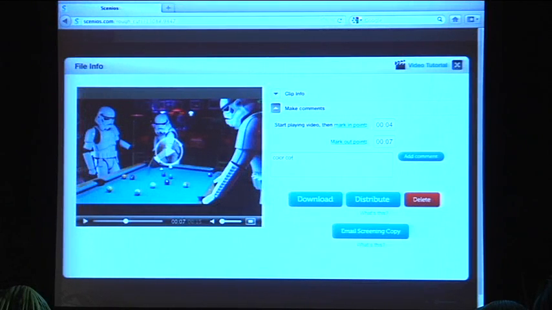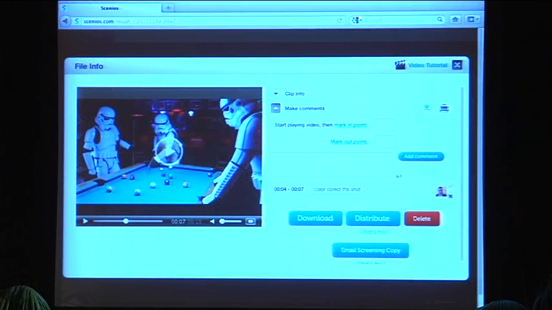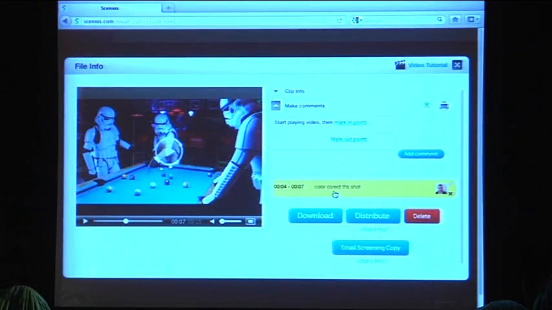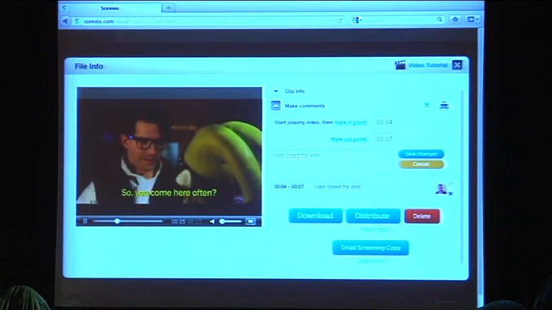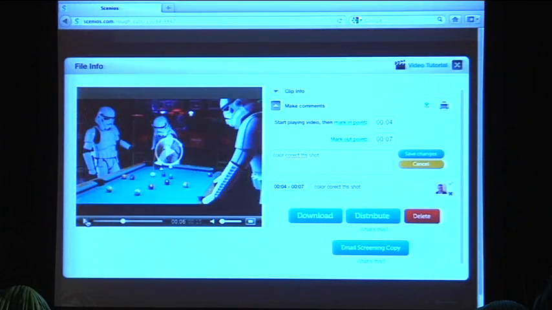And I will say, color correct this shot. You get the idea? Okay, add my comment, and it starts to make a shot log down here. So now I can click there and go directly to that shot. So instead of writing down time code and writing down comments, you're actually writing directly on the video.